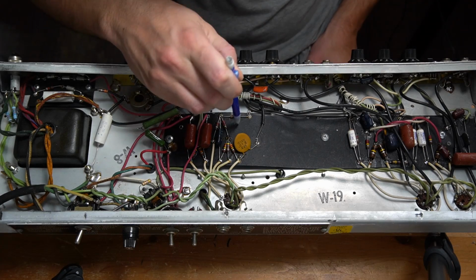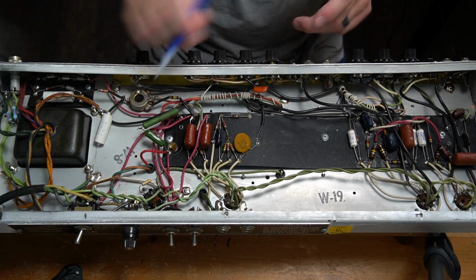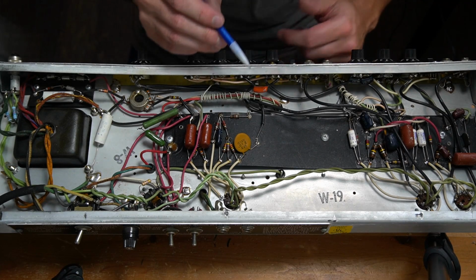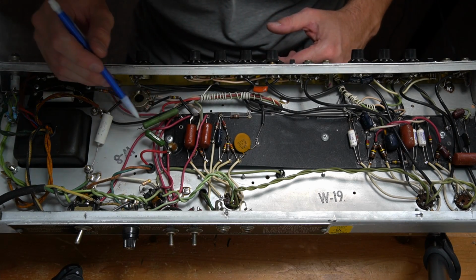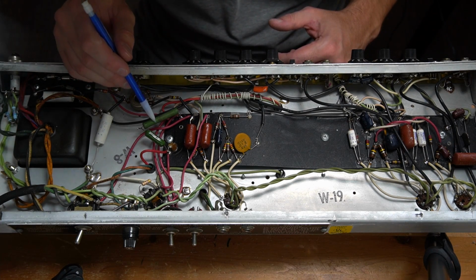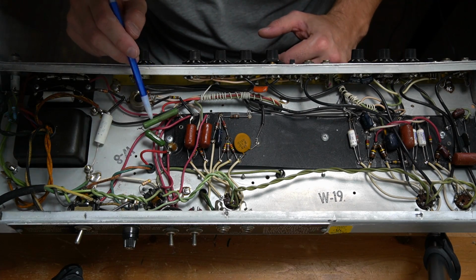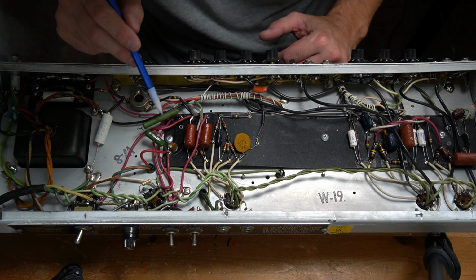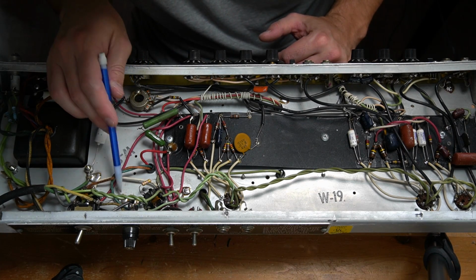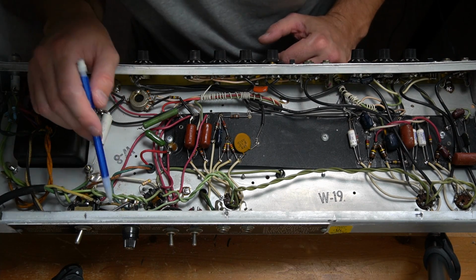The board looks like it's humping, kind of like a wave. Just because I'm guessing as it ages, that's what happens to it. But got some old crazy components here. I wonder if that's maybe the rectifier, a selenium rectifier maybe. I'll have to take a look into that. Got some solder to the chassis here. I believe that this